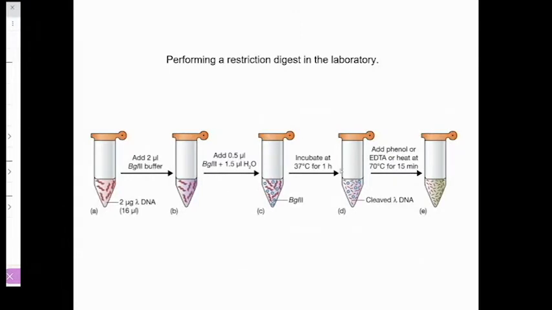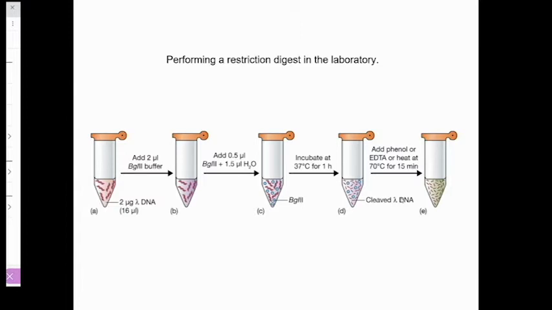And then this is normally how people perform the restriction digest in the laboratory. It's in the microcentrifuge tube. You add all the reaction buffer and the DNA, and then you add the enzyme and leave it at 37 degrees for 1 hour. And then you can extract, or you can perform the gel electrophoresis to examine the